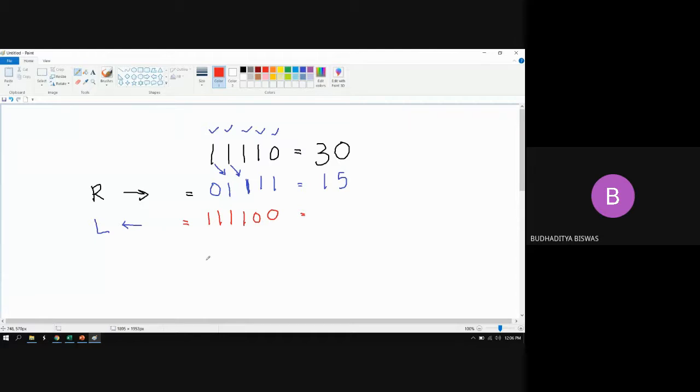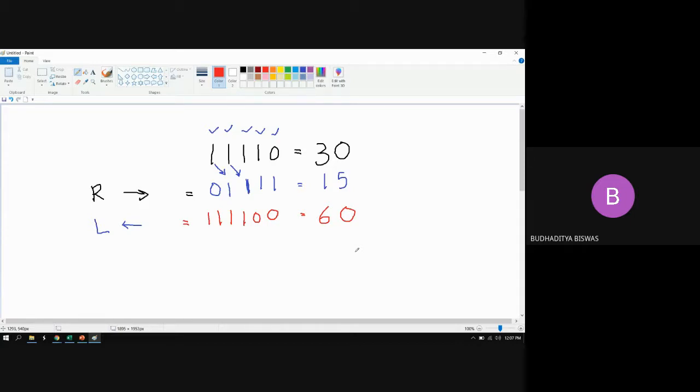What is the decimal equivalent of that one? 60. 60. Very good. So now you understand why the shift register is required, because shift register is not only used in the moving display, which is used in the stations or any platform or any other display where the moving or the scrolling display will be there. So obviously it will be used there, but this is not the only application of the shift register. Rather, inside the computer, the shift registers are used to divide the number by 2.